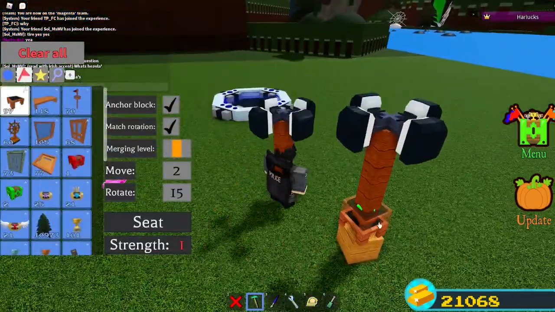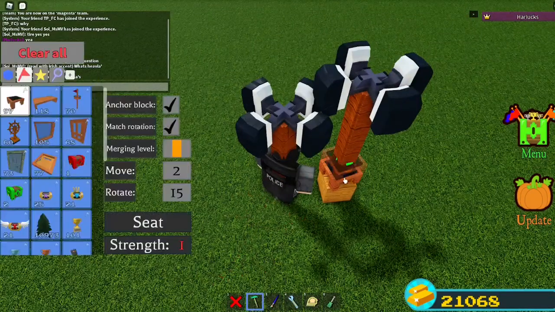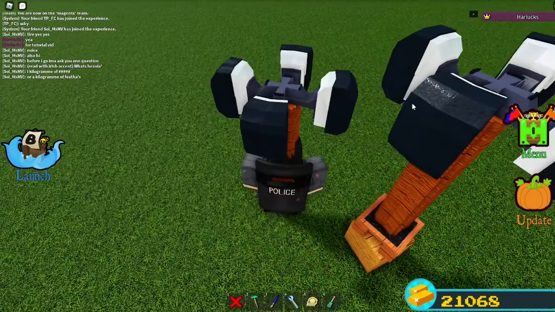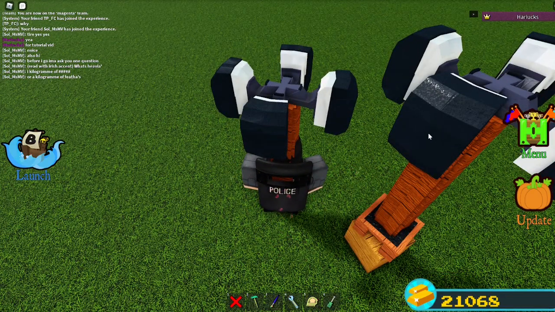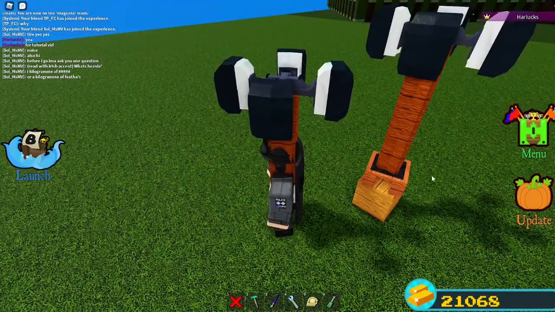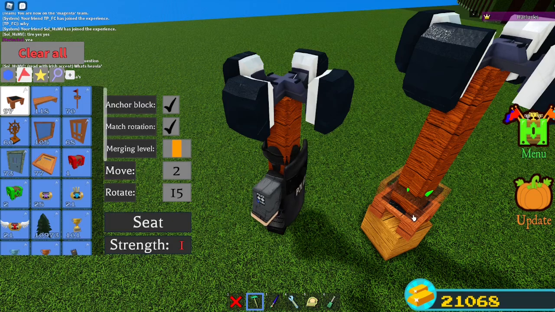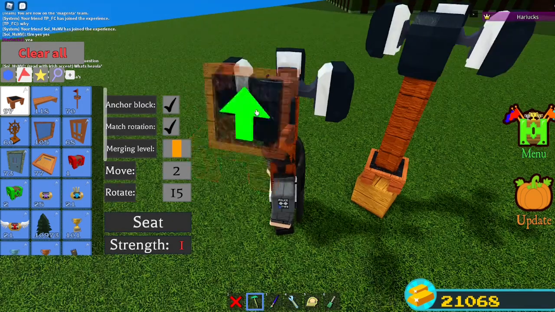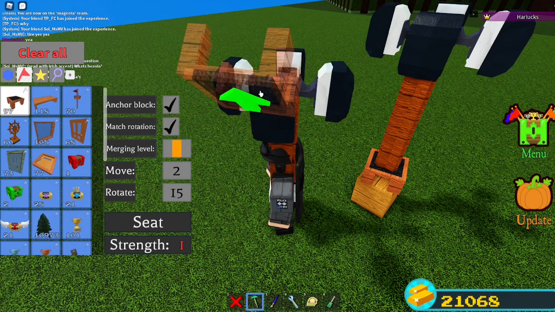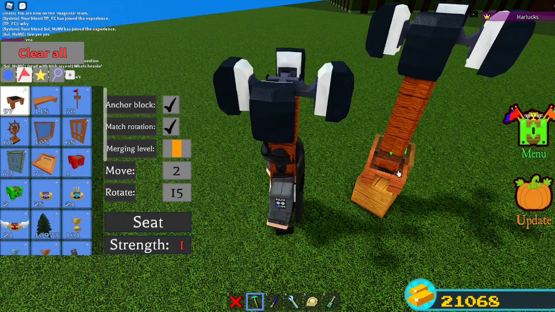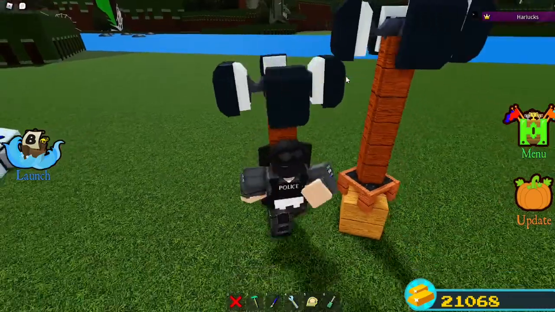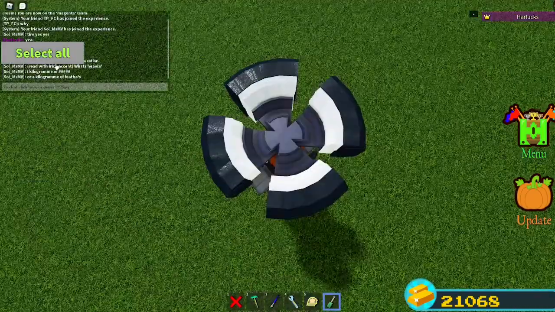Now, at this point, you're like, Harlock, sometimes we'll rotate it. I have a solution. So you see this? You have two of these parts right here, and you see the chair right now. So what you want to do is match rotation, and for every many parts you have here, like side piece, I don't know how to call these right now, but so I have 1, 2, and I'm going to rotate this 1, 2, match rotation, delete that, match rotation, put another chair, put it in the same spot, and